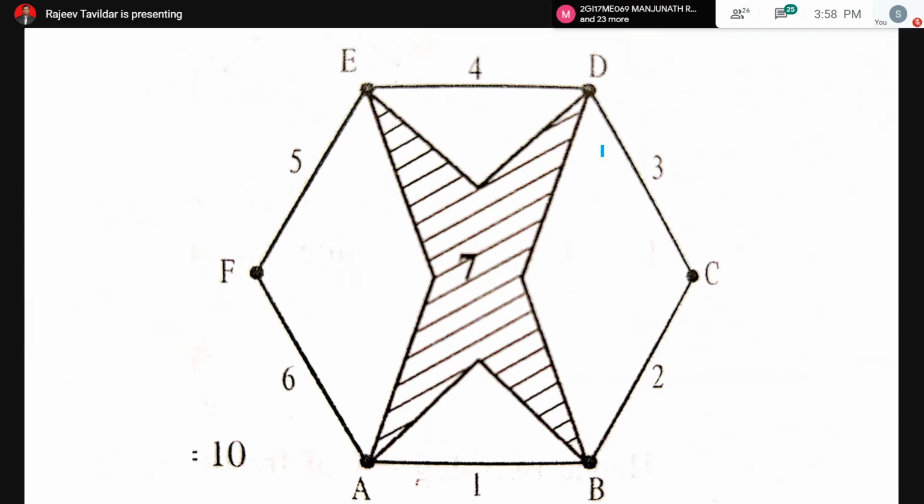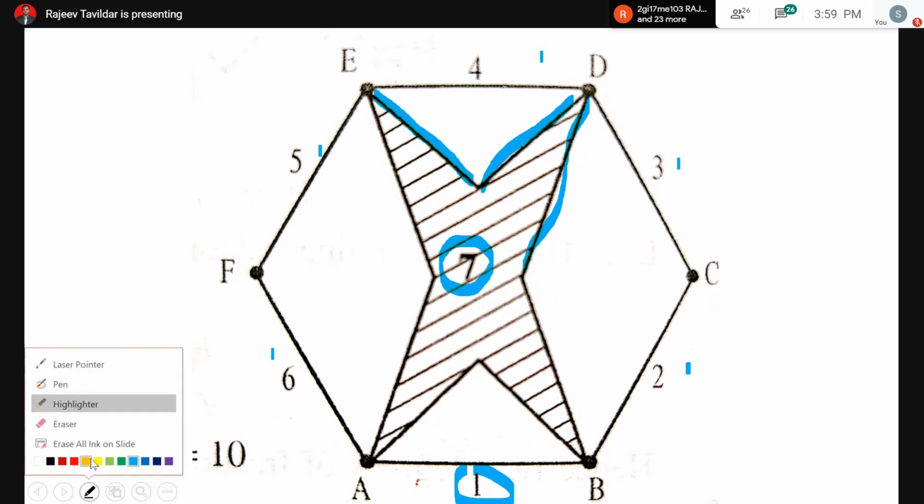Okay, this is the next problem. Once again, the number of links are already shown over here. The first link, second, third, fourth, fifth, and sixth. And see, this is the 7th link. Since it is in hatched fashion, this entire part is considered as a single link. I don't want you to count this line as one link and this line as another link. So all these lines put together in a closed loop with hatching lines shown means it will be a single link.